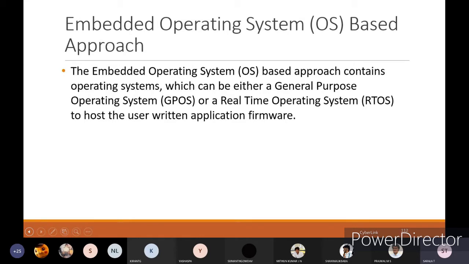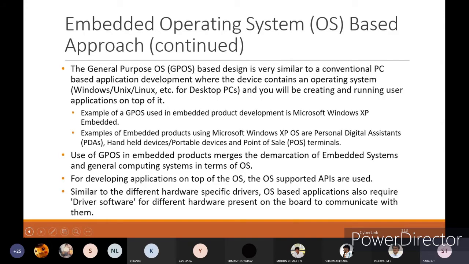Any one you can use. Depending on what type of application we are going to implement, we can select any one of these.